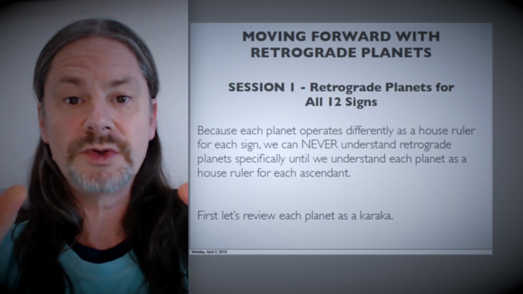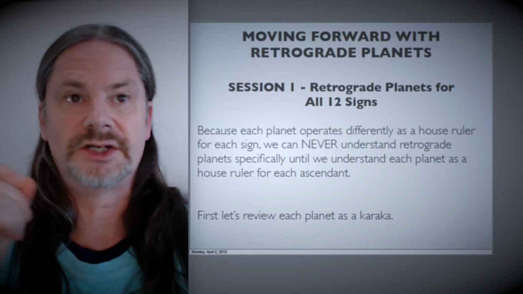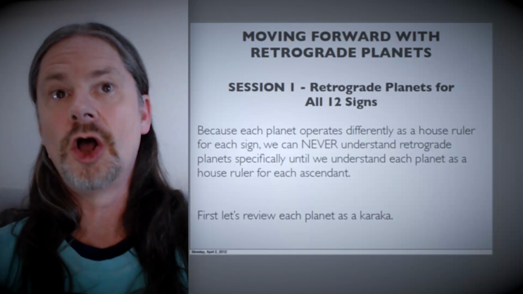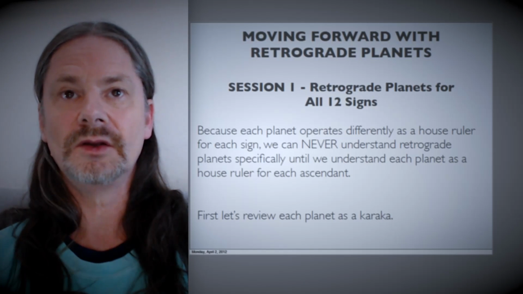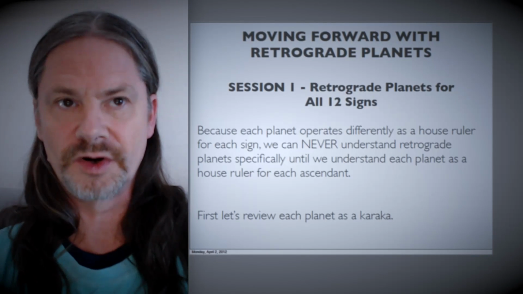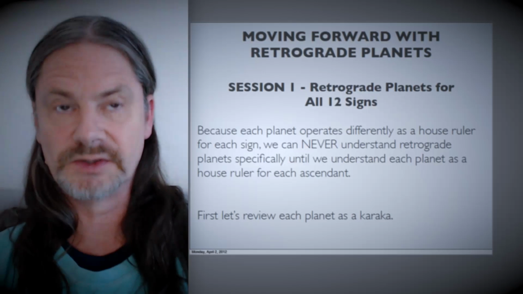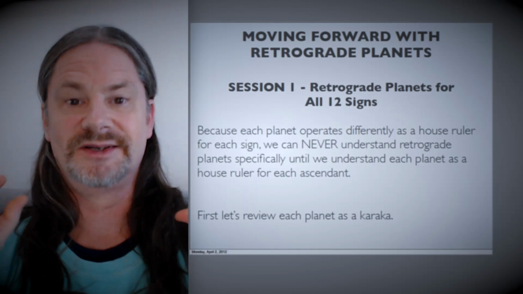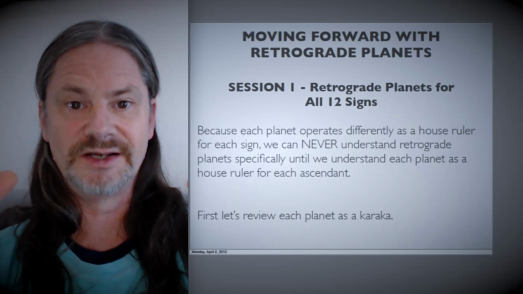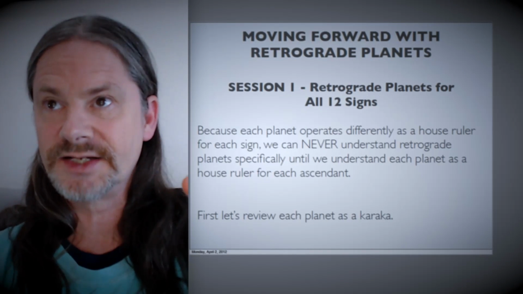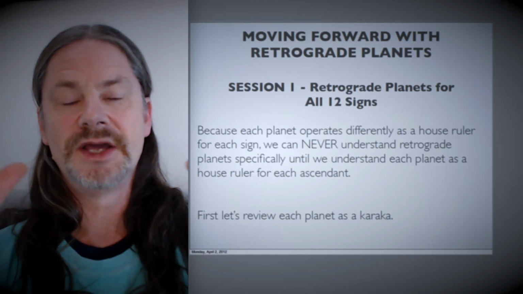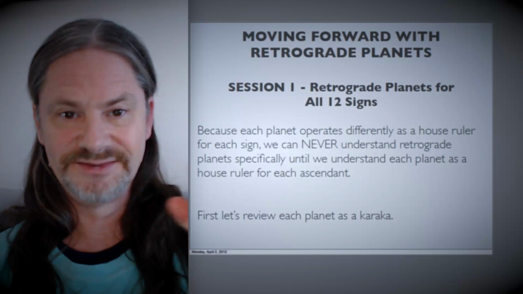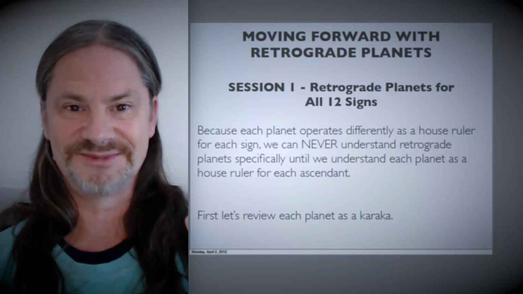And the things that you do with your body, like the activities that you engage in on this Earth, also, we want them to move forward. We want them to be successful. We want them to be good. We want good things to happen. When we do something, we want it to be successful. We want to understand it. And this is what gets disrupted when the planet is retrograde.